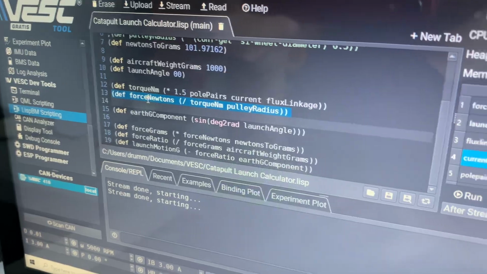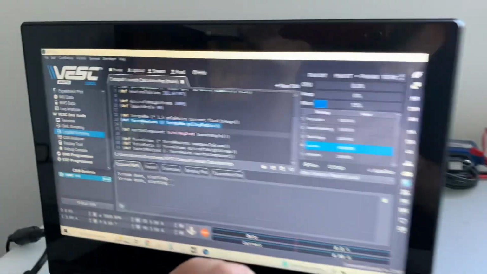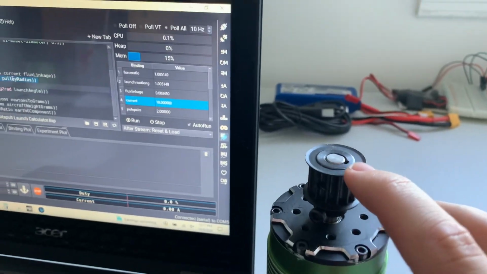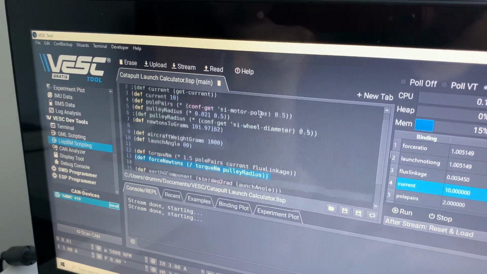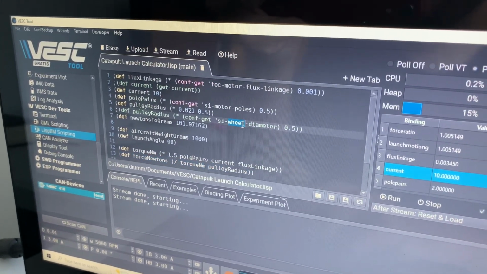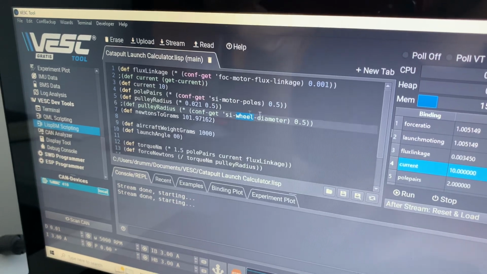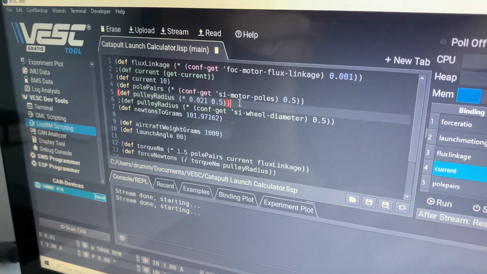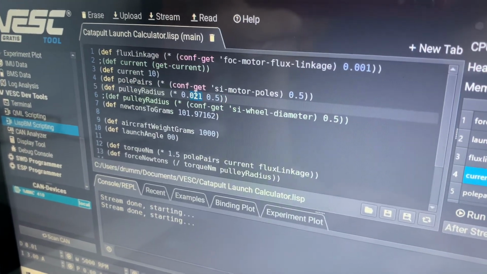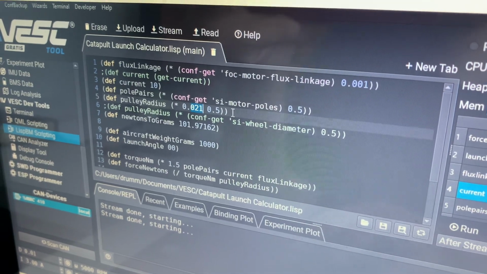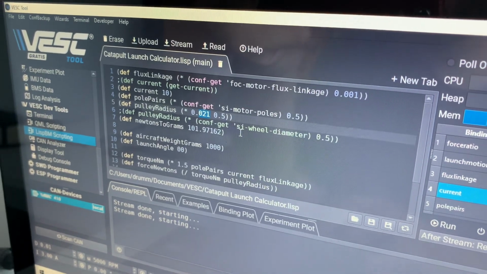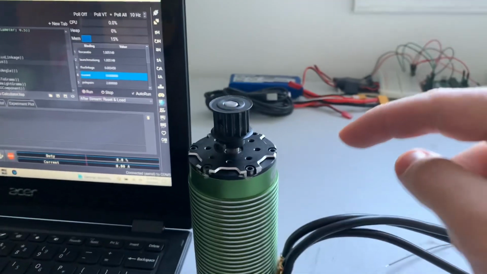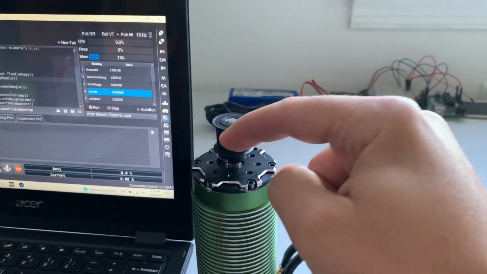So while the motor is spinning, this is the torque in Newton meters. Then we can get the linear force by dividing by the pulley radius. VESC already has a parameter called wheel diameter. You then multiply that by 0.5 to get the radius. I've just used this right here in order to manually set. So 21 millimeters is 0.021 meters. So divide by 0.021 meters in order to get the linear pulley force as if it was pulling up a